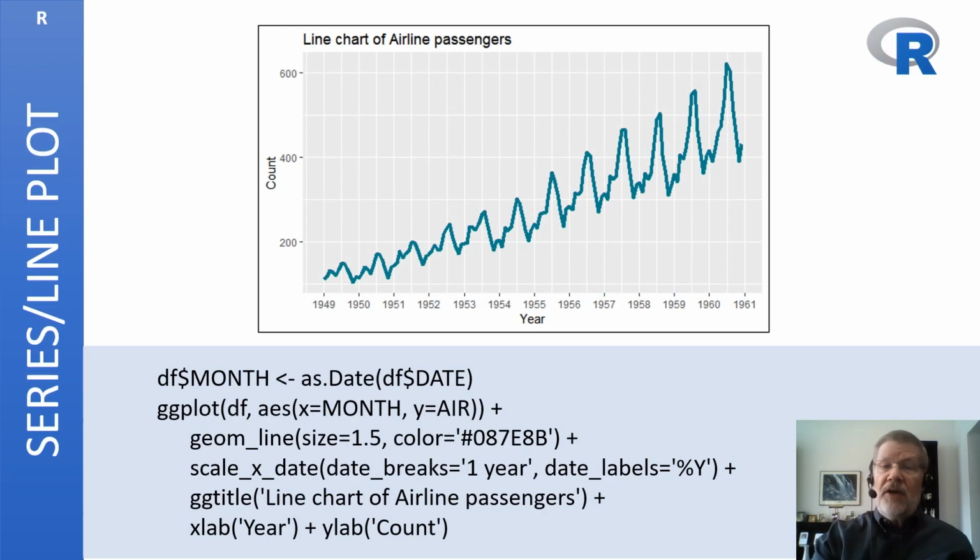Now we're going to switch from the cars dataset to the airlines dataset, so we have some simple time series data to work with. Here, a ggplot line chart is being produced. The new features on display in this example are an increase in the line width using the size parameter, and the use of formatting features to display 4-digit year values for the x-axis ticks.